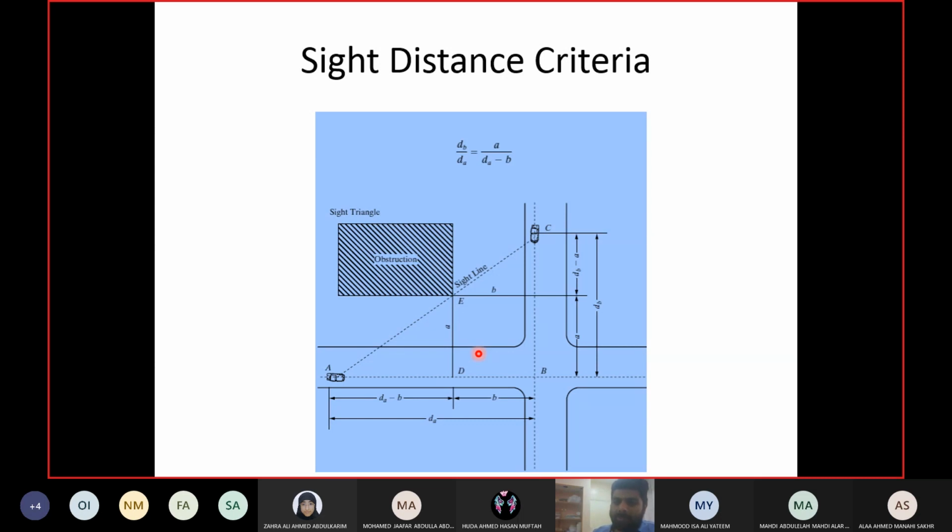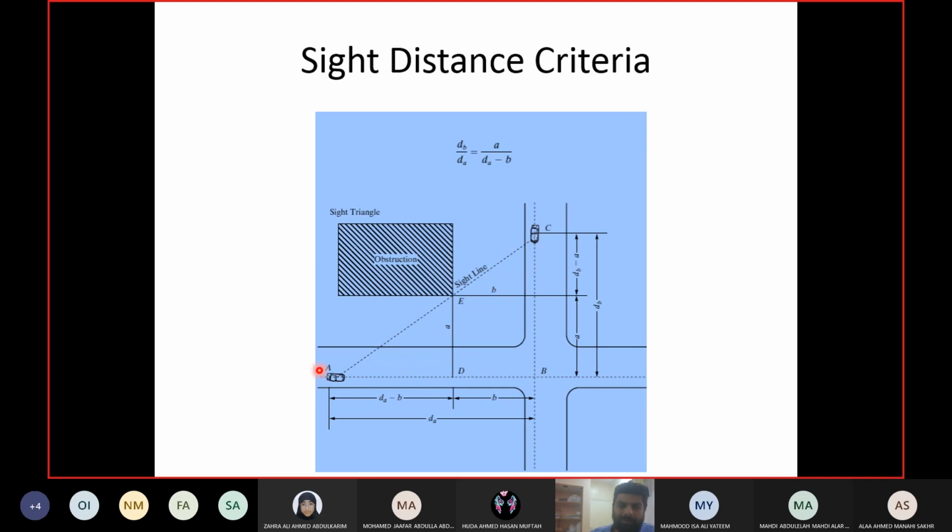That equation is for a straight road. And then you also have the equation to make sure you have enough sight distance on the curvature as well. So it's not a problem. If you have a signal in front of you, even after a curve, you know how to calculate sight distance. Now we will discuss sight distance from the perspective of looking at the driver coming from the other side. From where I can detect the driver who's coming from the other side.